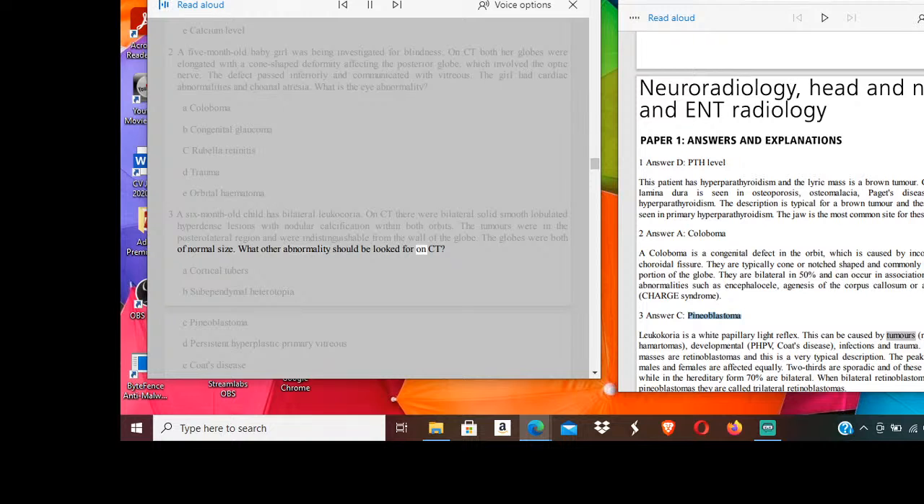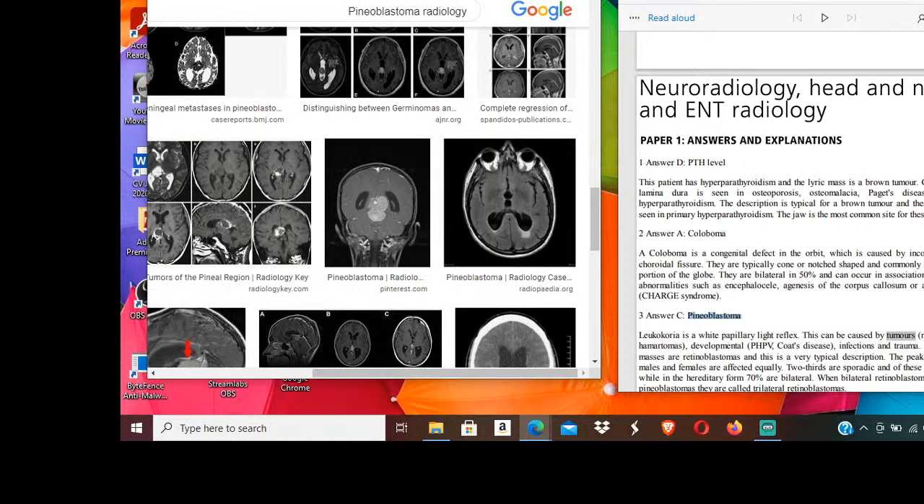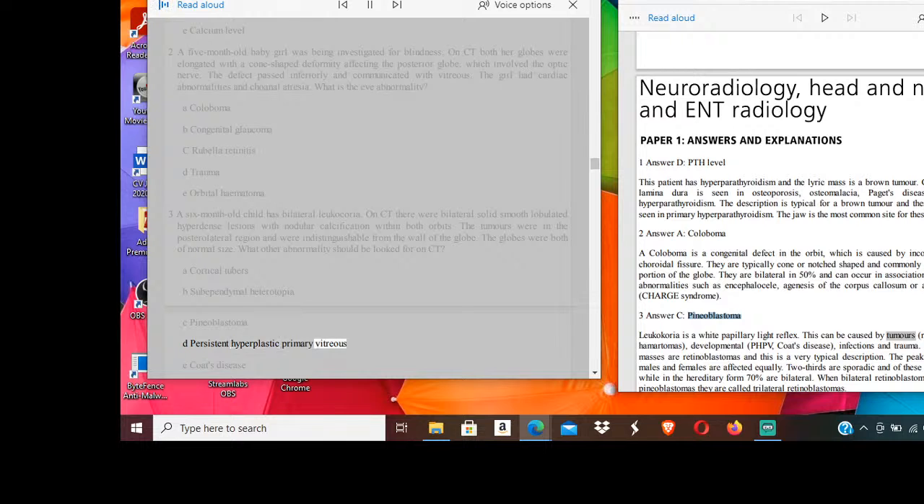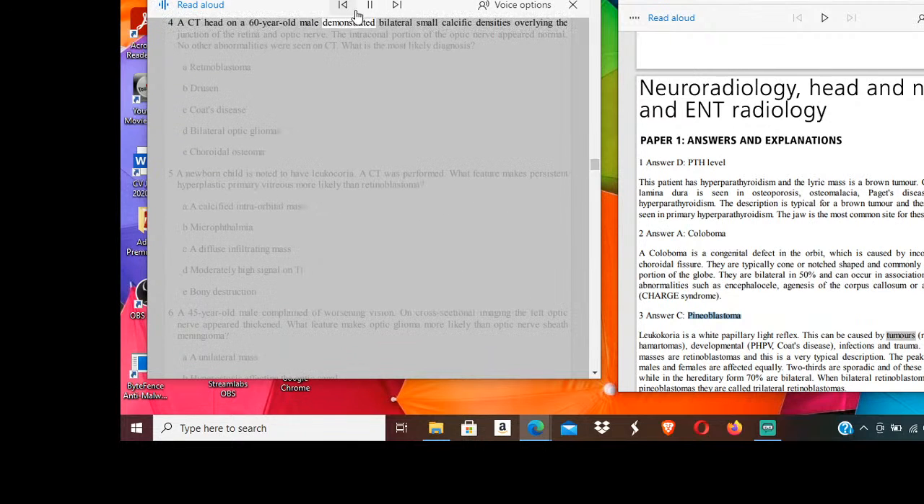What other abnormality should be looked for on CT? A, cortical tubers. B, subependymal heterotopia. C, pineoblastoma. D, persistent hyperplastic primary vitreous. E, Coats disease. 4. A CT head on a 60-year-old male demonstrated bilateral small